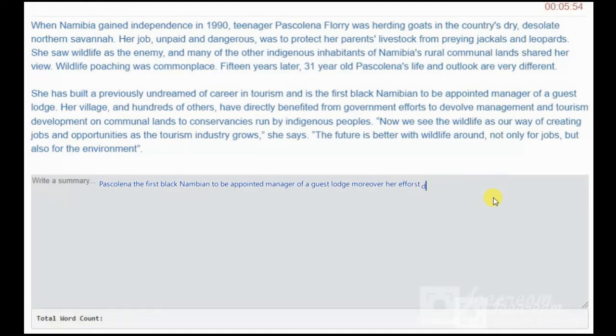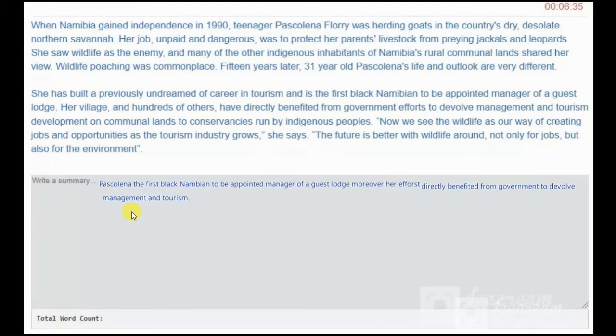Her efforts directly benefited from government to devolve management and tourism. Okay, now I have written